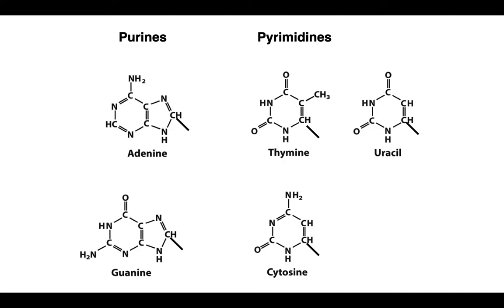The 2 pyrimidines in DNA are thymine and cytosine, looking on the right-hand side of your screen from top to bottom. Again, there's a carbon molecule on the single ring this time that is positioned in these drawings on the lower right, and a thick black line indicating where that base, that pyrimidine base, will connect up with the rest